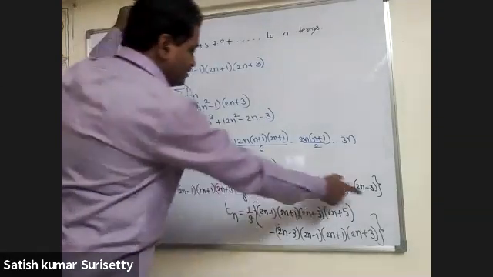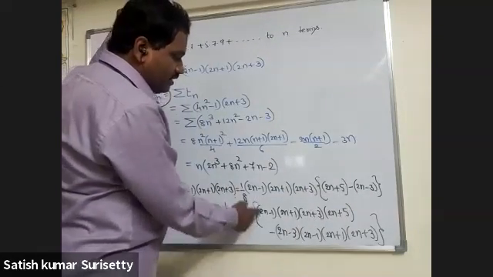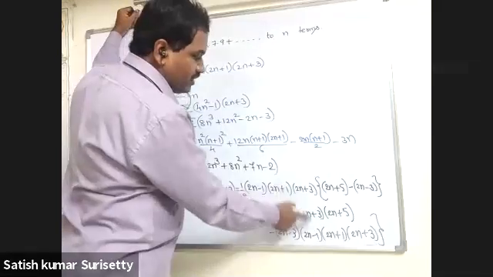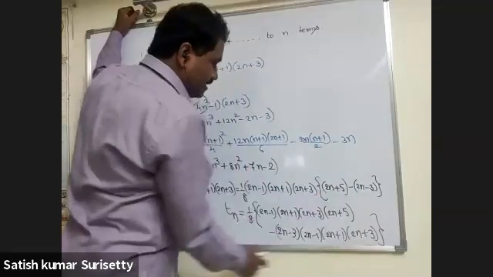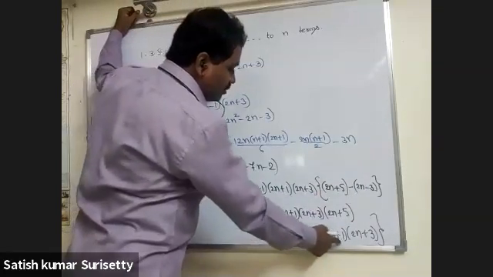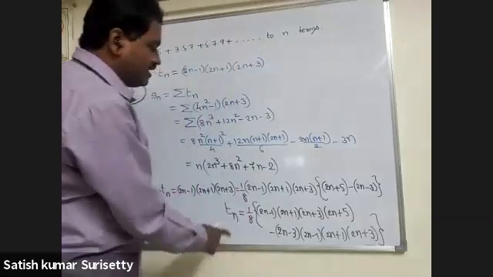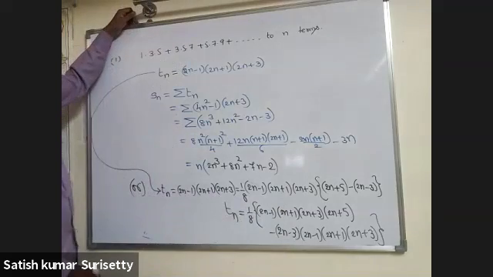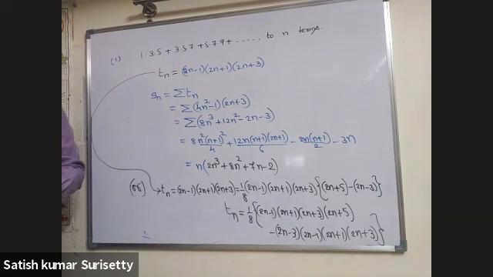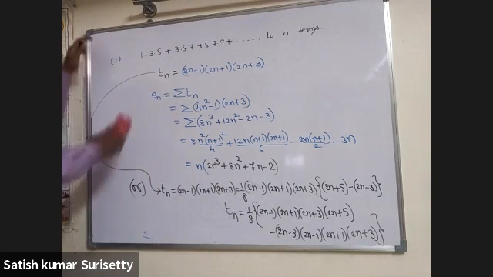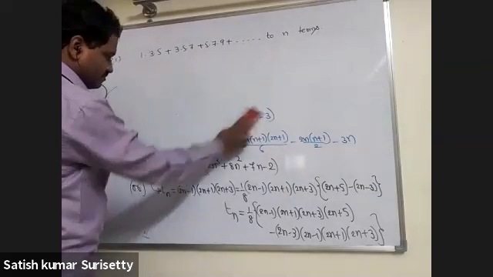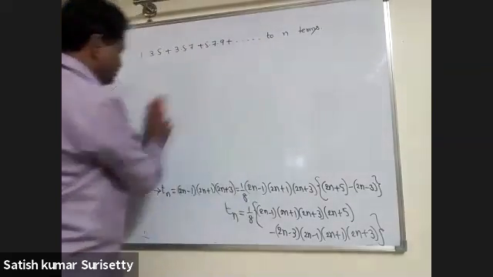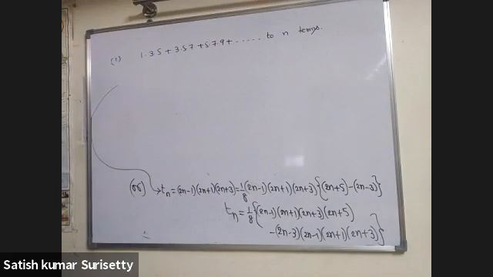So divide with 8. That means this entire expression is the same as the original nth term. Now multiply. So 1 by 8 into (2n minus 1)(2n plus 1)(2n plus 3)(2n plus 5) minus (2n minus 3)(2n minus 1)(2n plus 1)(2n plus 3). Now it is like a difference of two terms. Now substitute n equal to 1, 2, 3 and so on, and check whether any terms get cancelled or not. Without simplifying, just go on and write the terms.